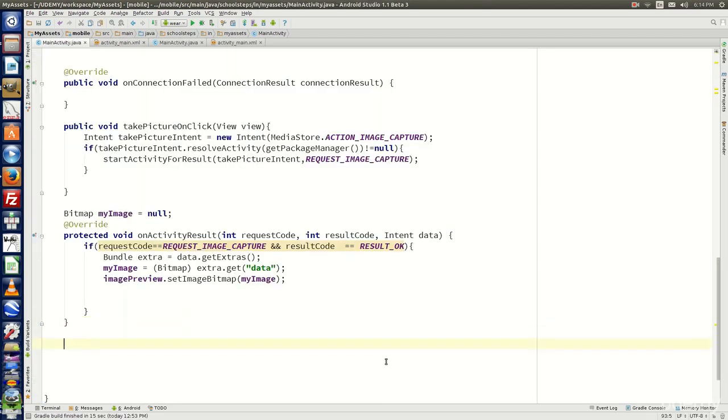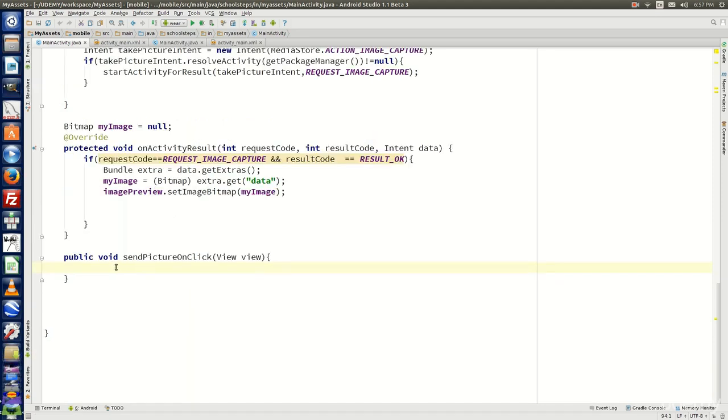Now next we need to implement the method sendPictureOnClick. This method will be triggered when we click on the button send picture. So this method will actually send the picture from cell phone device to the wearable device. Before we implement sendPictureOnClick method, we need to implement another method, that is convertPictureToAsset. So we need to say private, return type is Asset, method name is convertPictureToAsset, and the parameter